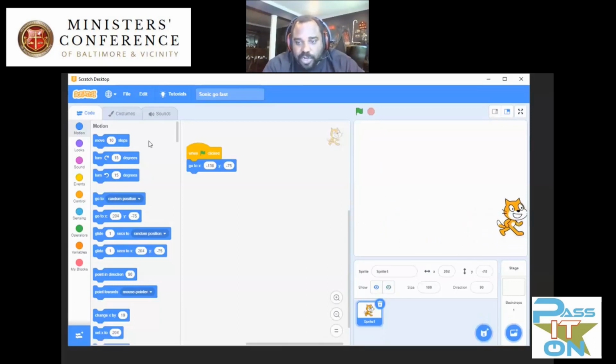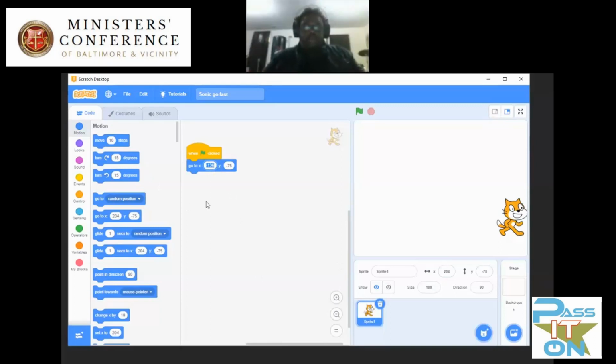And we find out what the coordinates are. The coordinates for the right edge of the screen are 204 on the X and negative 75 on the Y. If we type those into the go-to, okay, so this actually leads us to